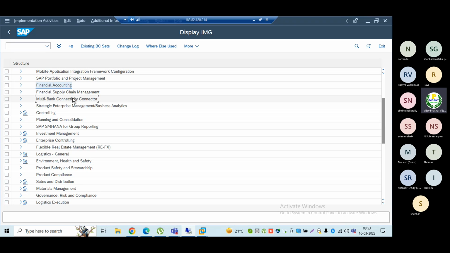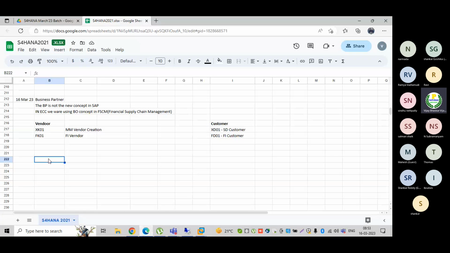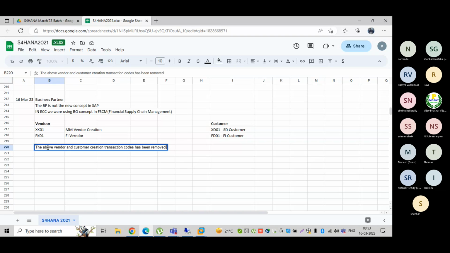Then the second thing is that the transaction codes have been obsoleted. I'll mention here the above vendor and customer creation transaction codes have been obsoleted, removed from S4 HANA.